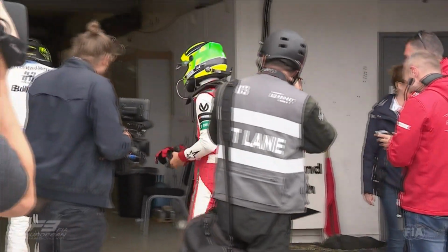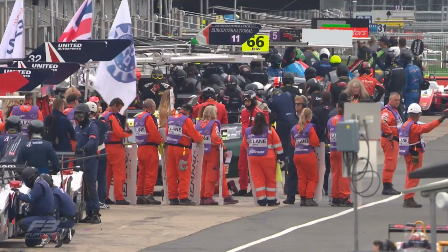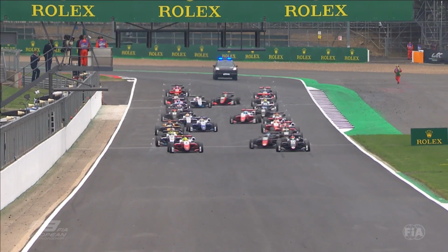So there, Mick Schumacher makes his way to the scales. There's a regulation weight that car and driver has. Let's have a look at how the race unfolded,